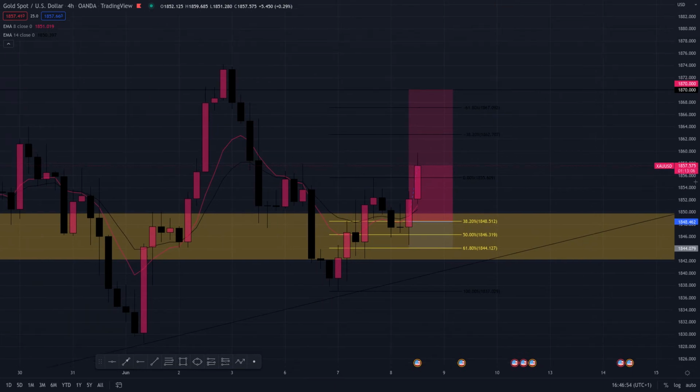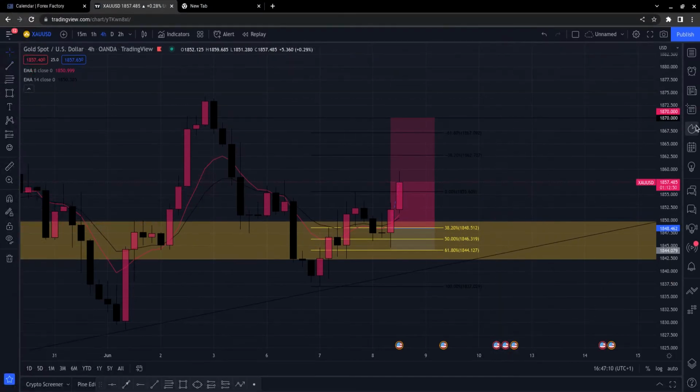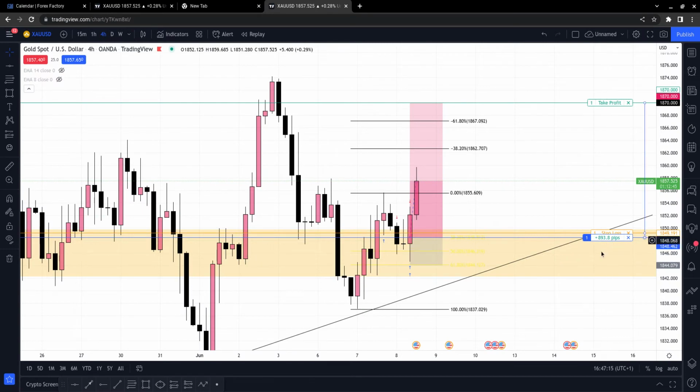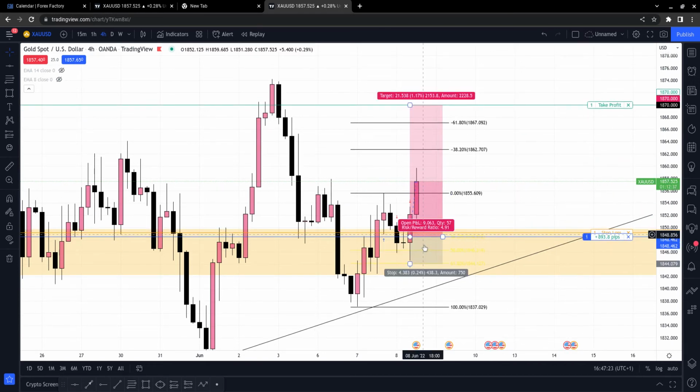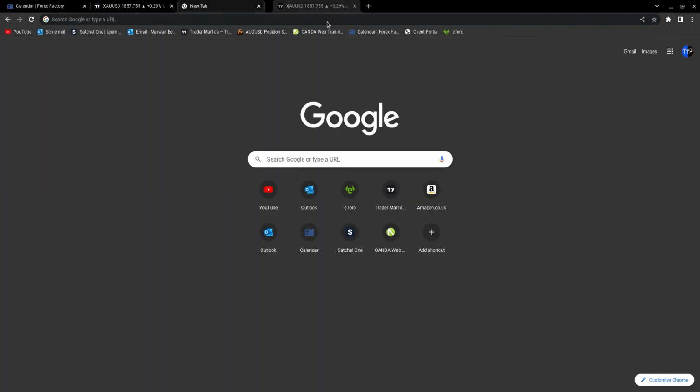So I'm currently in this trade. I'll just move this tab over. You can see that we are about 897 pips right here, and currently it's a 5 to 1 risk to reward ratio. So I may have already lost 1%, but at the moment we are up about 2%. So I have gained back everything I've lost already.